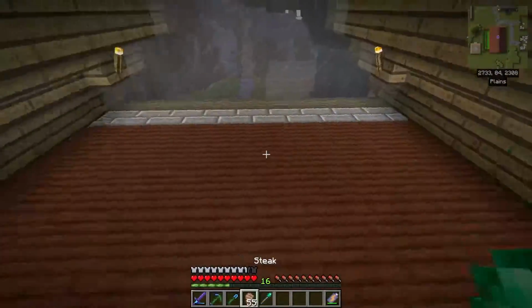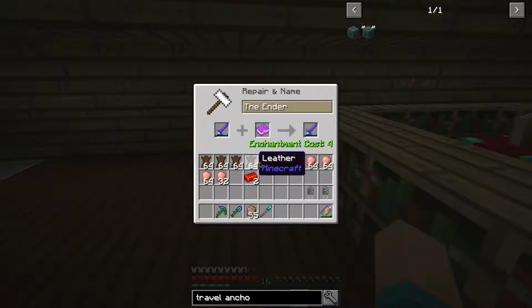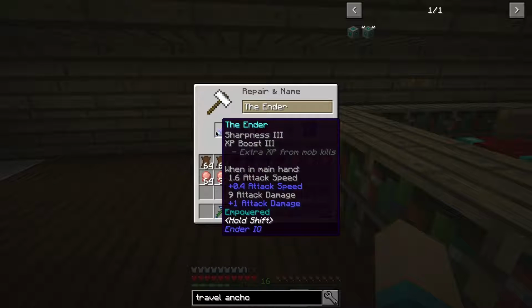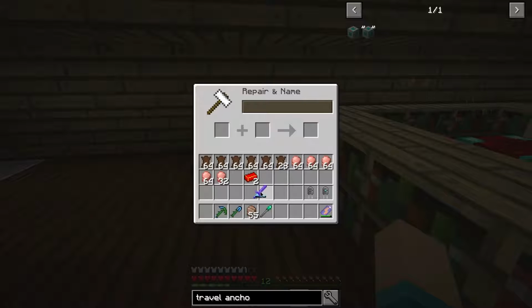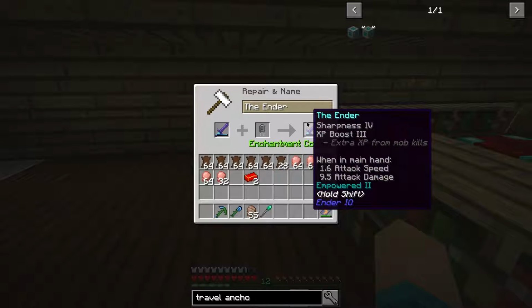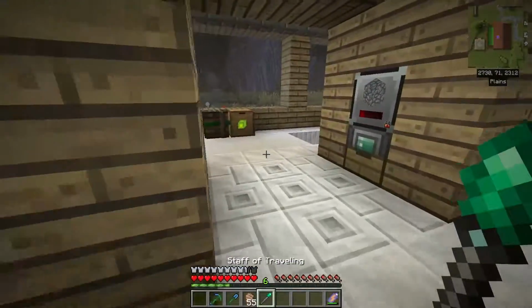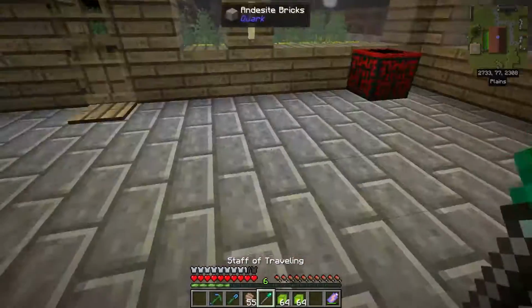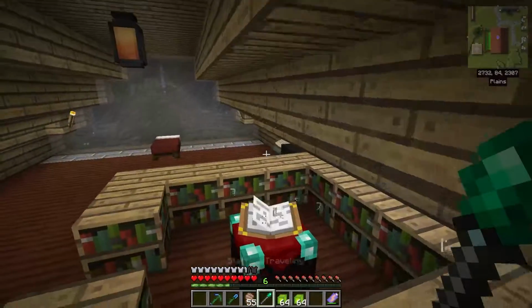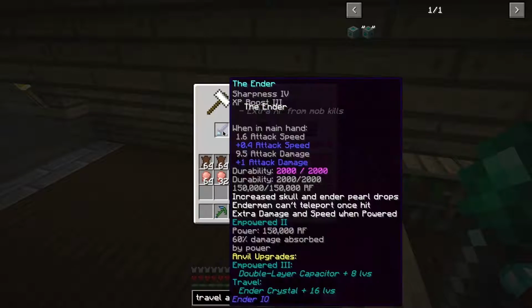So we have the Staff of Traveling that I've always used. I love it. But there's a few things that we can do. So I got a Sharpness 3 book earlier. We have Sharpness 3 on here, so this will get us a Sharpness 4. And then we can do this to get us to Empowered 2. And then it's going to cost 8 levels to get to Empowered 3. That's no problem. We'll just grab a stack of these, or a few stacks of these. And we can run over here. And that's going to get us up to...